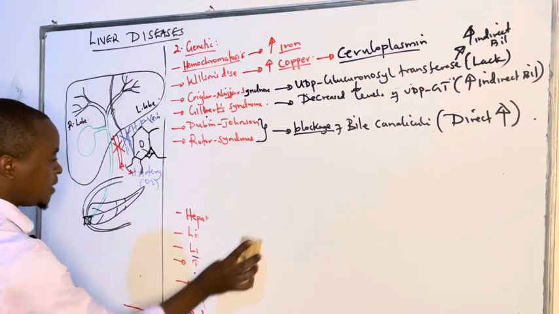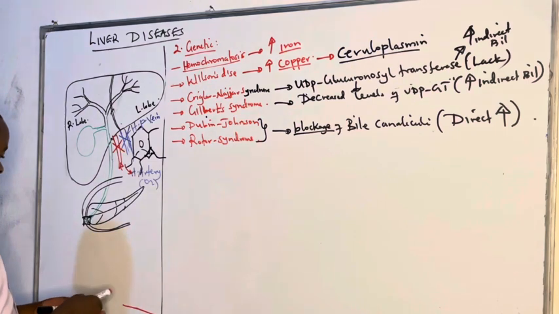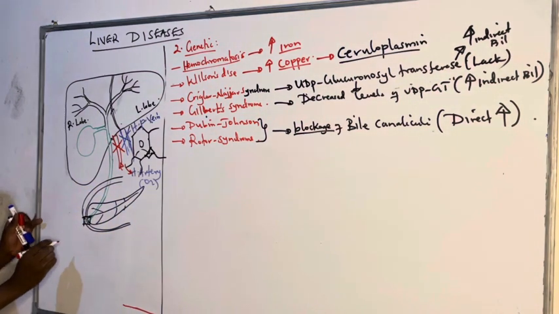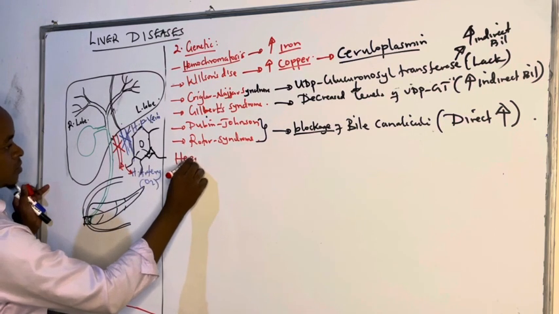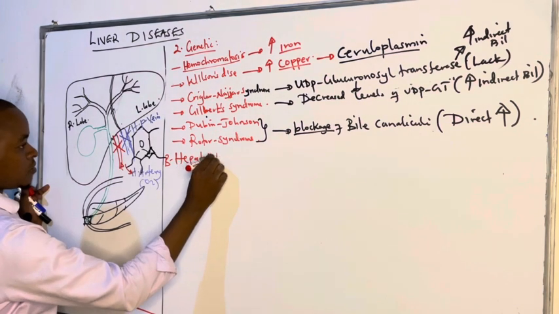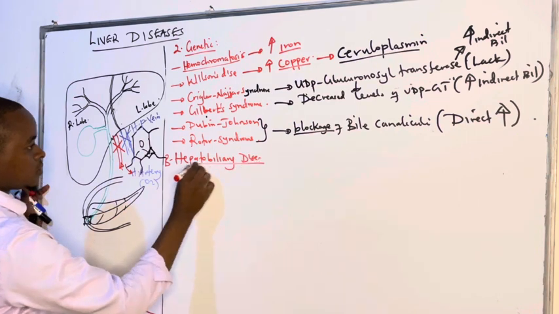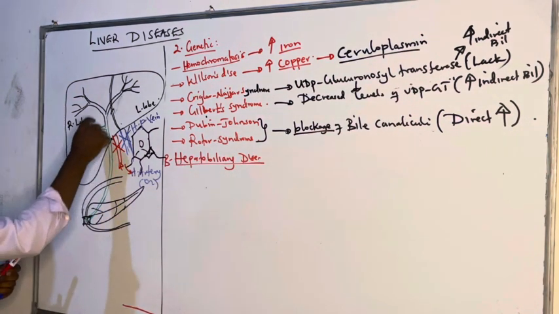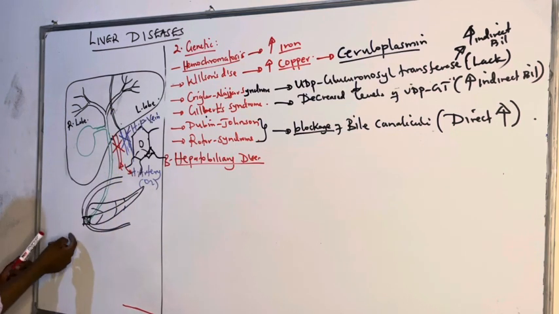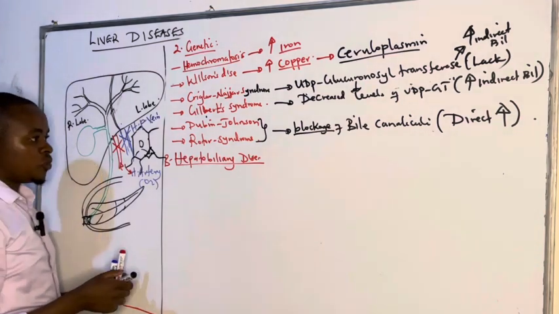And these hepatobiliary diseases, we said they are the ones that are affecting the biliary system. We want to look at hepatobiliary diseases. This is part B. We have finished part A. These ones are affecting the biliary system. Anything that blocks, anything that affects this biliary tree is what we are going to talk about. And these diseases include